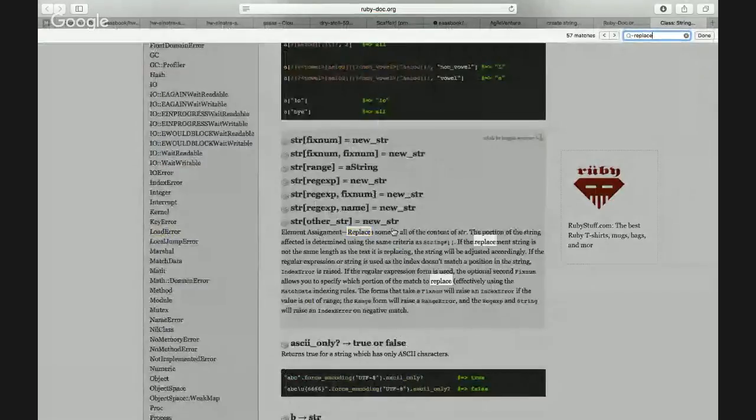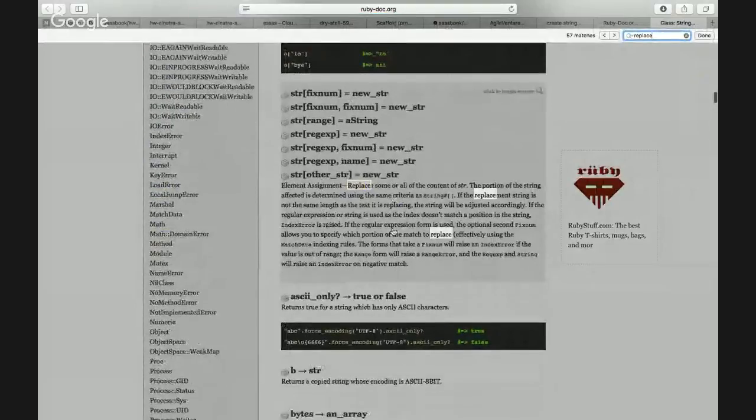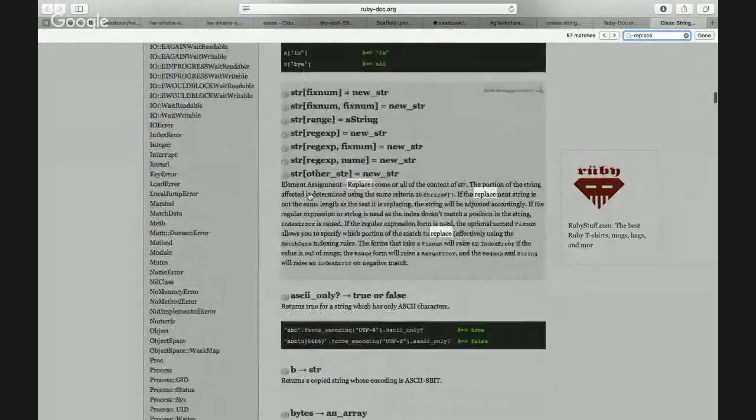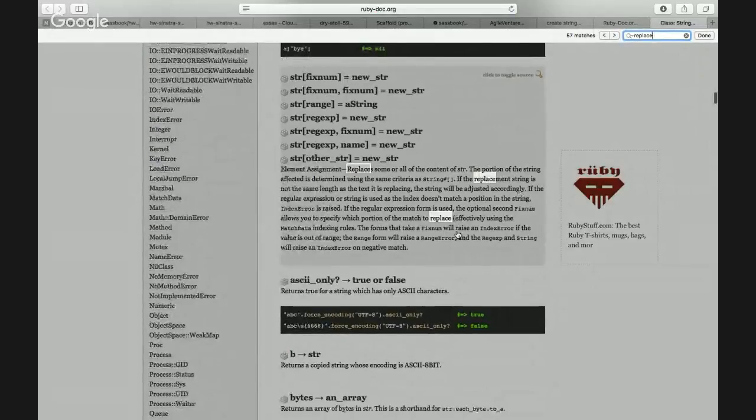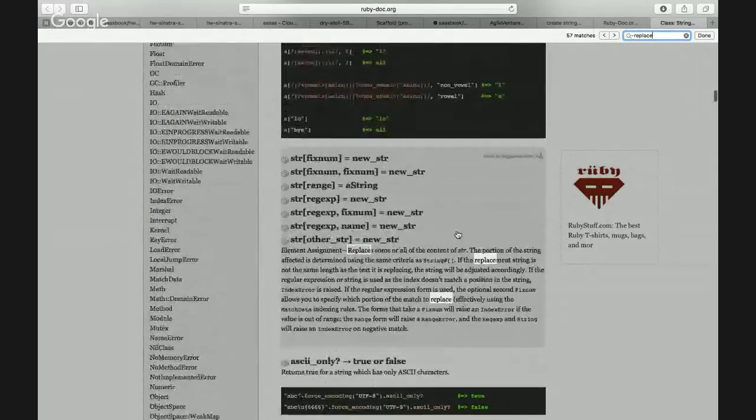Replace. There is a replace. What is it saying? Where is its usage?